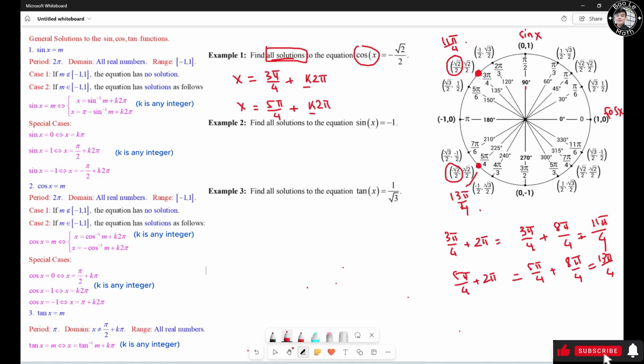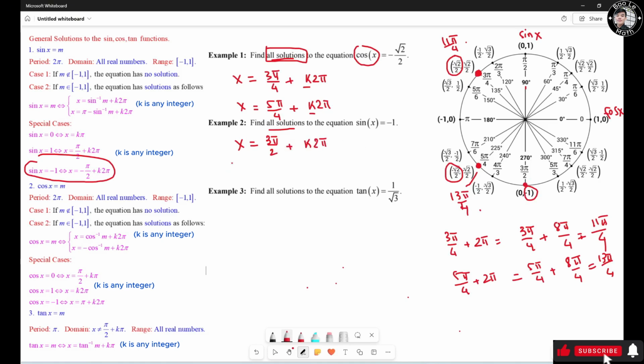Alright, now let's look at the second example. Find all solutions to the equation sine s equals -1, right? So we look at the formula right here. This is the special case. Now, since this is the sine function, you look for the y value of the coordinate points right here. The y value that equals -1, which is this one right here, so you either write s equals 3 pi over 2 plus k 2 pi,